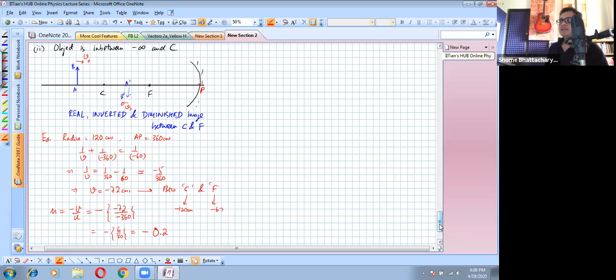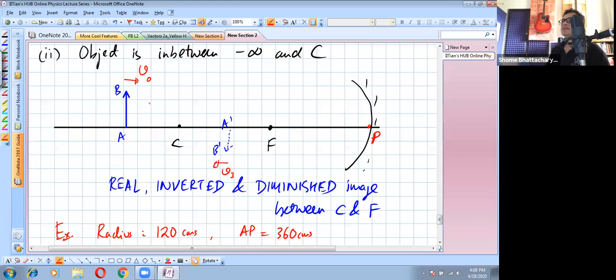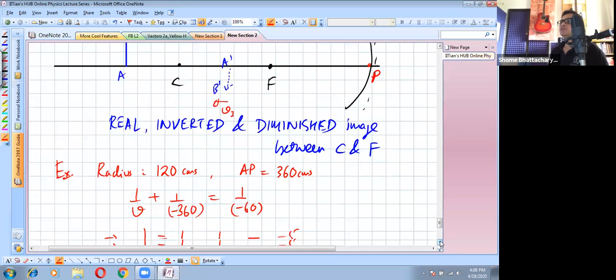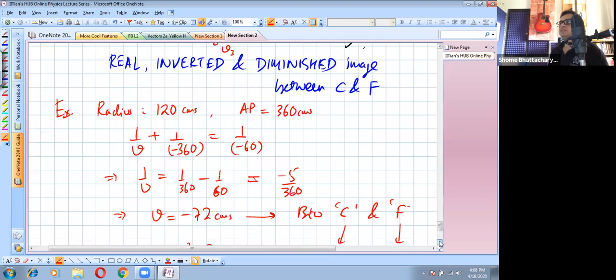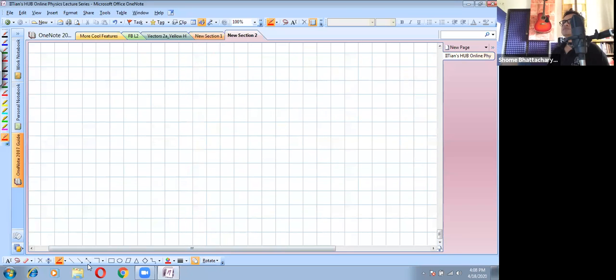So the next case, I will actually treat it like an extension of this, that as we are discussing, as your object is coming like this towards the pole, your image is going to move like this from F towards C. So you will see by formula also that when the object exactly comes to center of curvature, the image overlaps with it. But it doesn't overlap in that sense because it's a diminished image. Okay, so